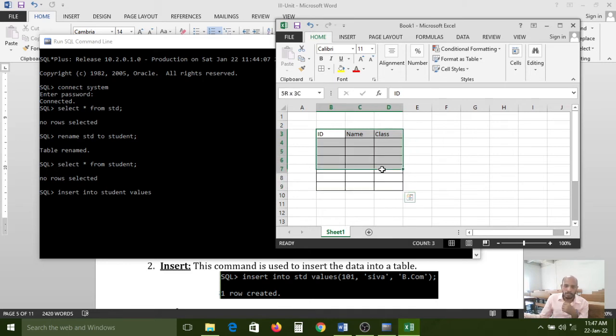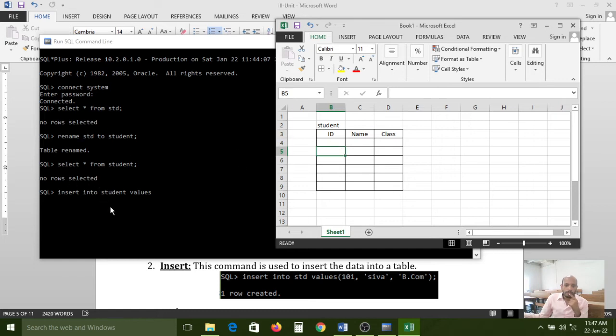The table structure we can create with the help of DDL commands. The table structure contains rows and columns. And the columns also have column titles: ID, name, class. These three are attributes in our table. So now, just assume this is the student table. Try to accept this. The student table contains these three attributes, these three column names.